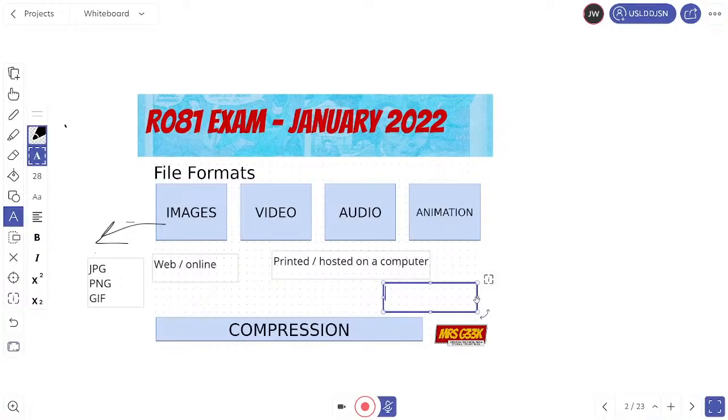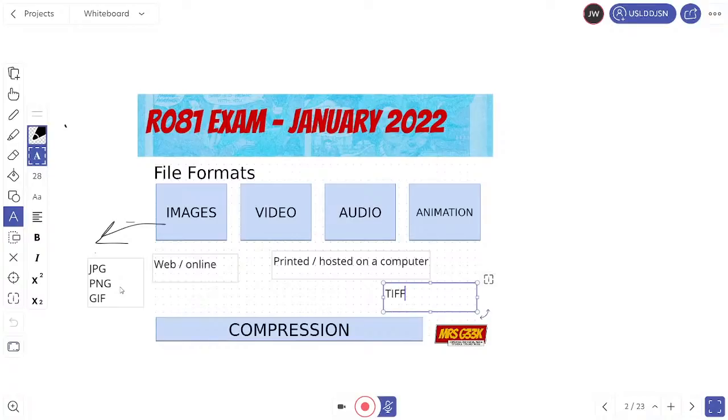Okay, so the typical one you have for use in print is going to be a TIFF. The reason we use TIFF is that it's a very high quality file format, and the reason that's important is because when you're printing something, you don't really care about it loading quickly. Whereas with web or online, you want it to load and be transferred quickly, when you're printing something, you want the highest quality, because there's nothing worse than having a ginormous poster advertising your brand only for it to be pixelated, and that's where a TIFF file comes in. So generally it will be used for printing lovely colour posters, for example.